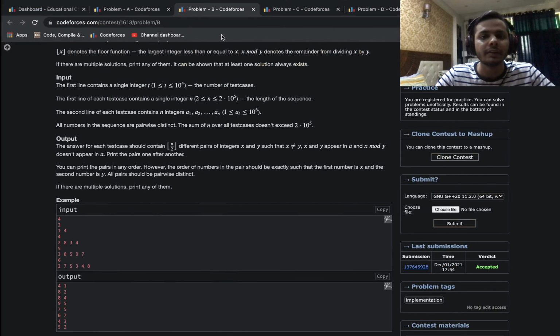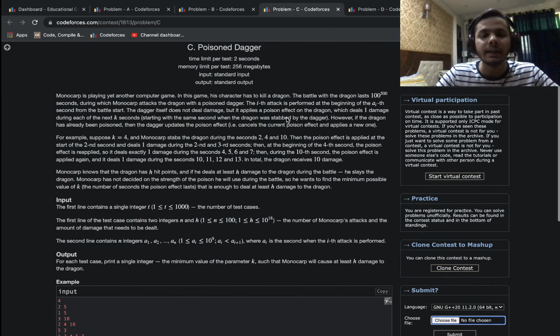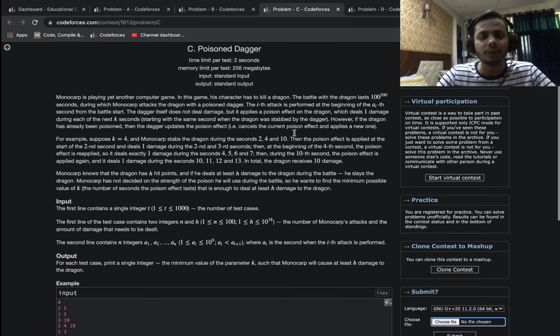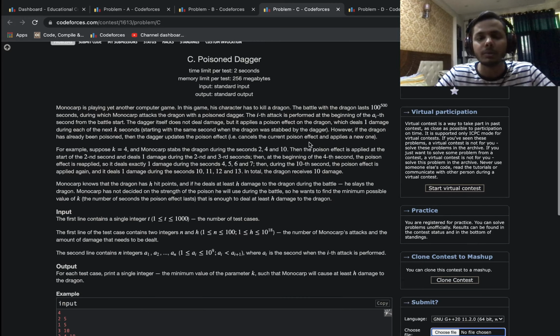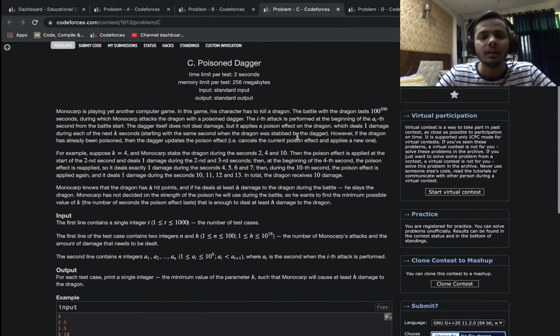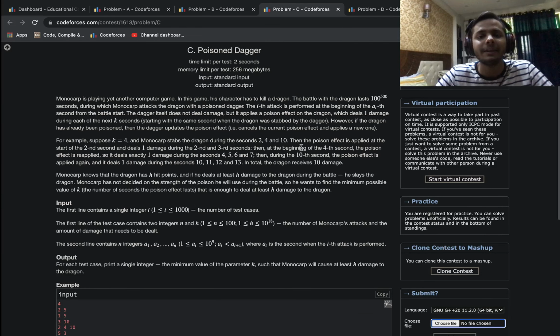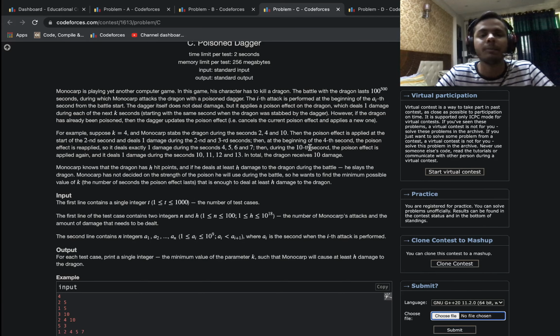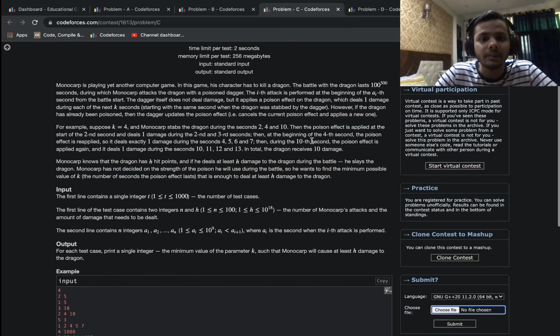Let's move on to the next problem. Problem C. Again, it is a bit easy for its position. You expect a normal problem C to be a bit difficult. This problem was very obvious. If you read it carefully, then the idea will just come to you just by reading this problem. That's why this problem is regarded as an easy one. So let's see what's happening here.